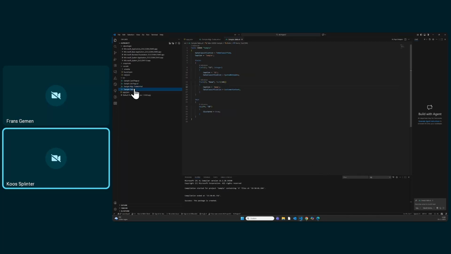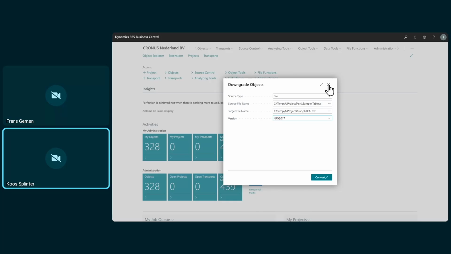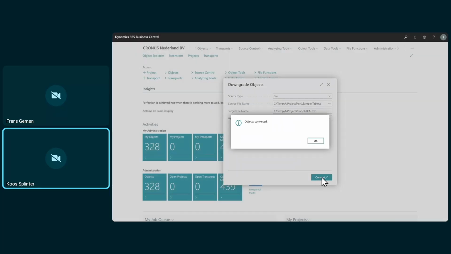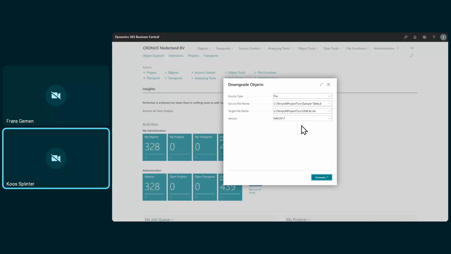If you look at the table, there's nothing wrong. It's very simple. Just a primary key integer field and a name field. That's it. But that's not the point. I now want to create a text file in the CAL format. So I just press convert, and the result will be,